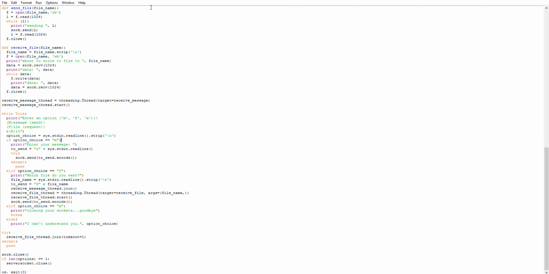So in the event that it's an M, then we print enter your message, and then we set to send the value with the message indicator value from the read line that the user typed. We try to send it, and otherwise we pass. Otherwise, if it's a file, we ask which file do you want. We set the file name equal to, well, we strip it first. Then to send, we set the